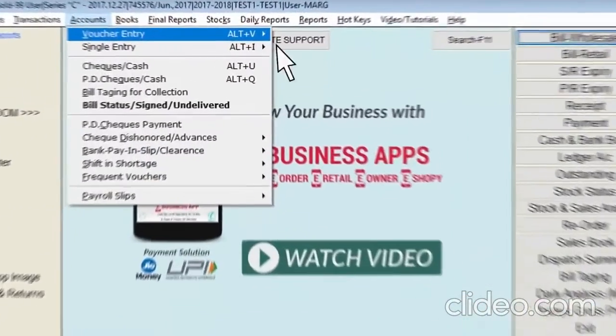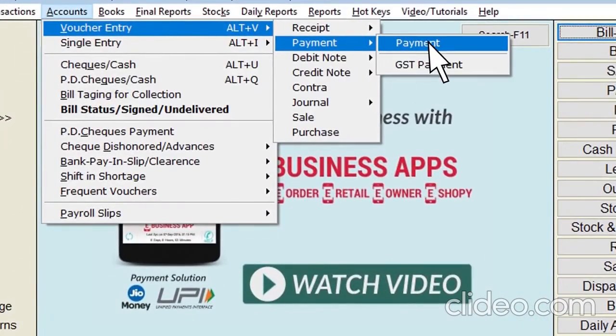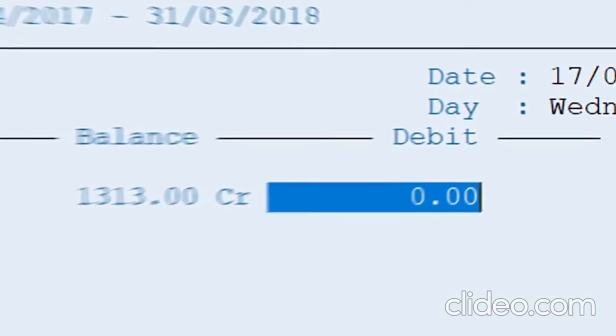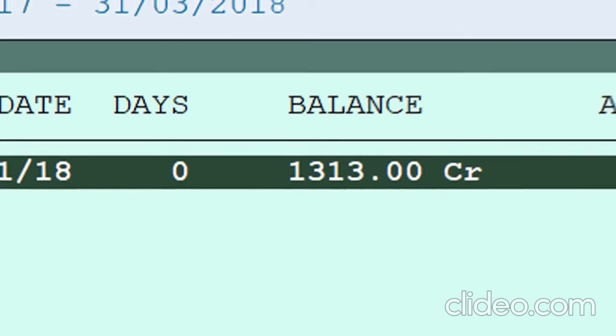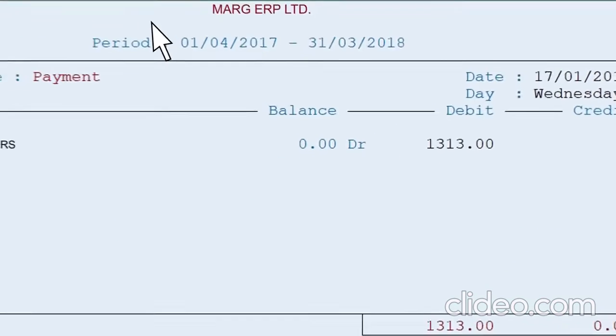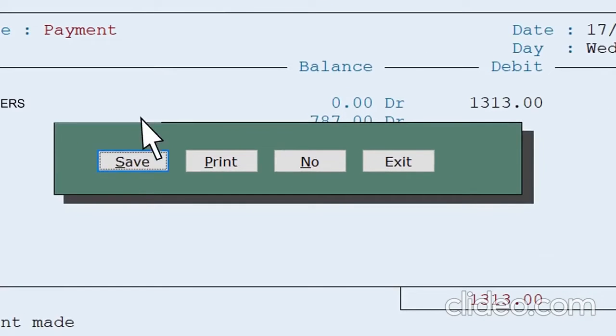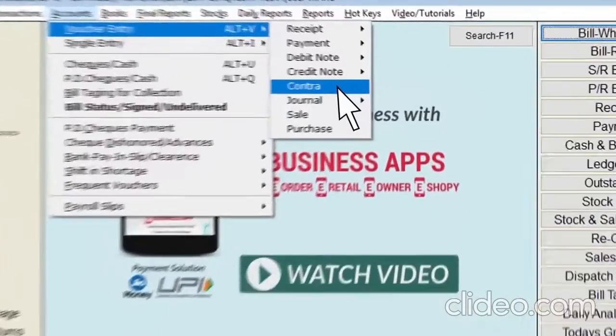Similarly, you can do the entry of payment. You can also do the contra entry.